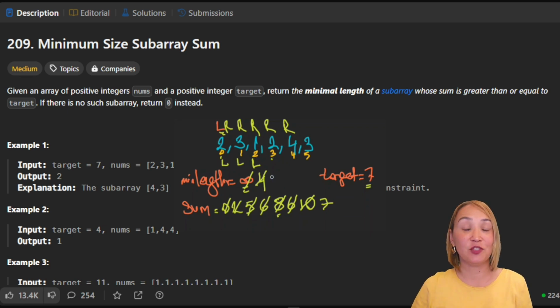It's 3. Shrink again. Left is equal to 2, nums[left] is equal to 1. Sum is equal to 7 minus 1 is equal to 6. Move left to 3. Sum is no longer valid. Extend window again. Right is equal to 5, nums[right] is equal to 3. Sum is equal to 6 plus 3 is equal to 9. Target is reached. Check the minimum length, it is still 3.